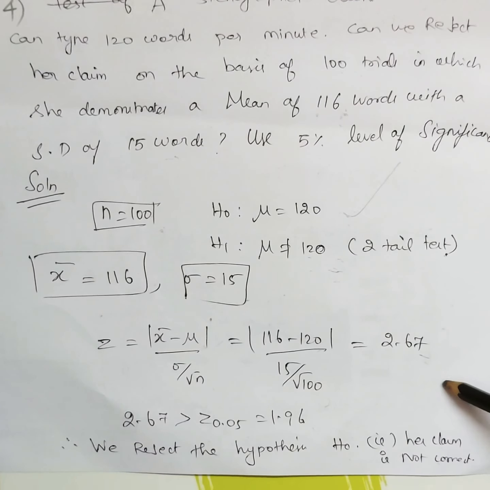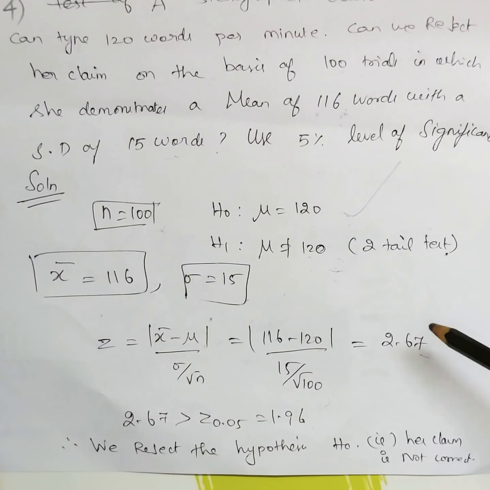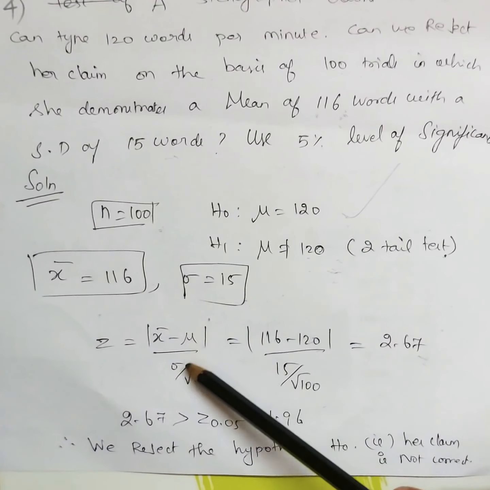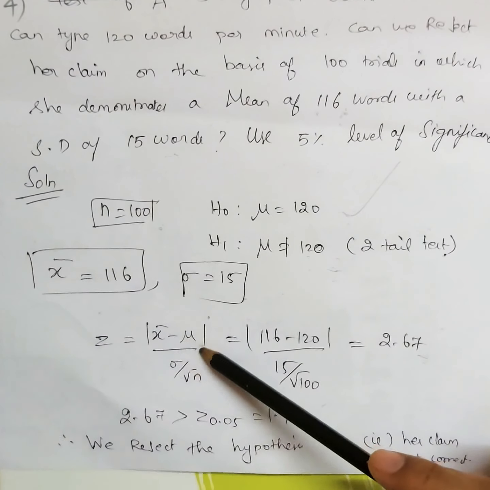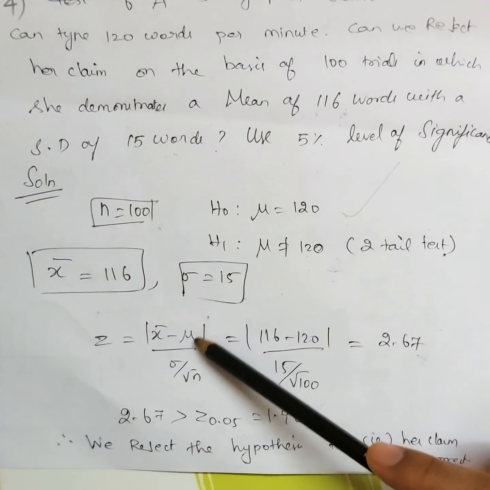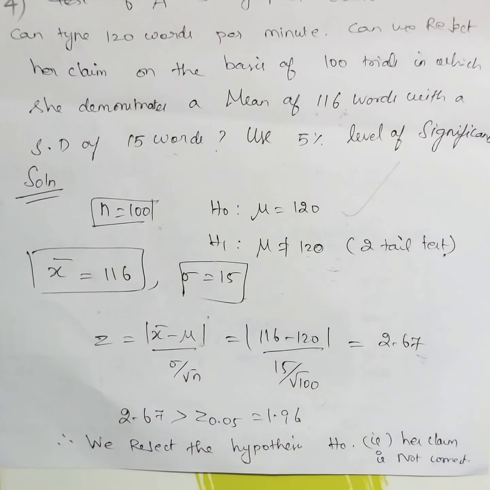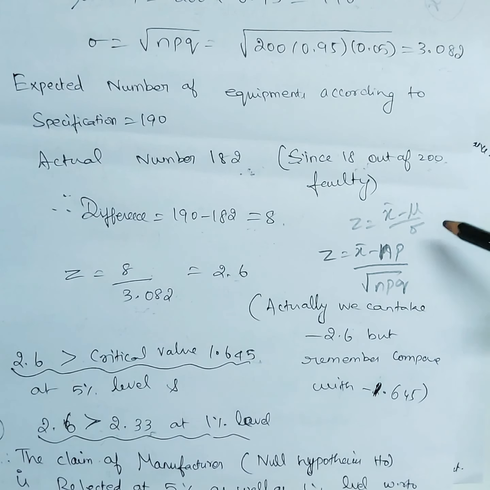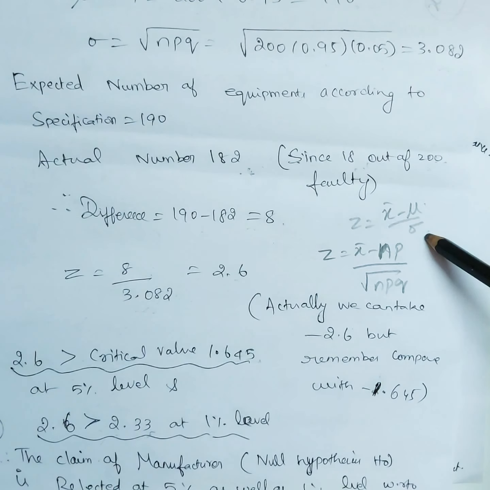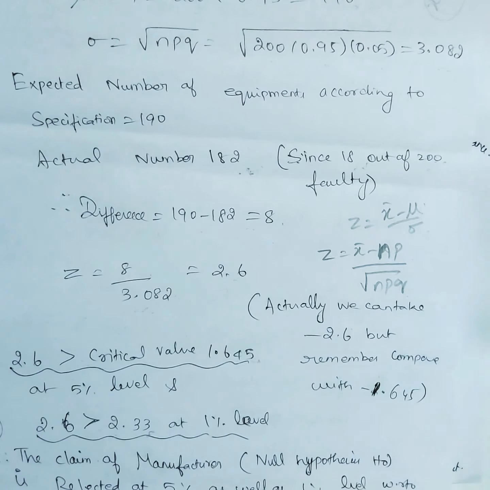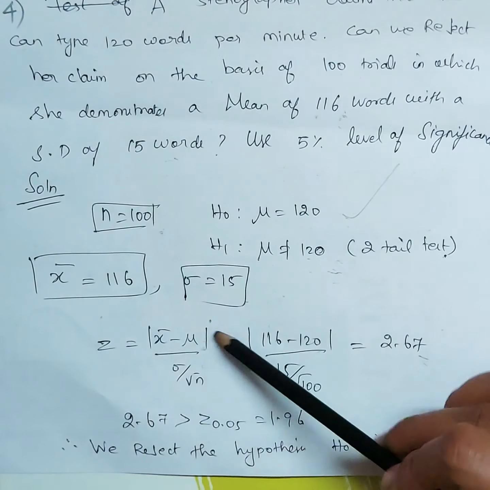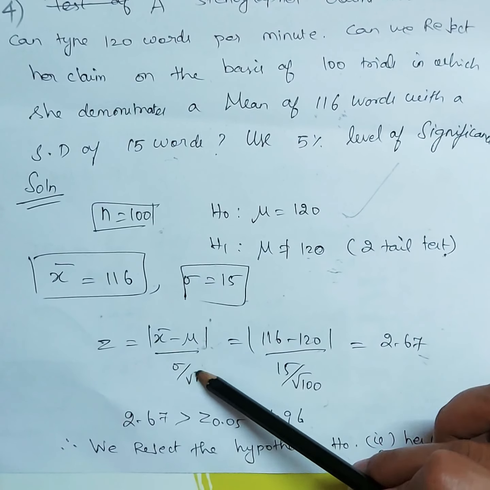So what are the formulas we will use? x minus mu by root of npq is one formula, and x bar minus mu by sigma by root n is another formula. The numerator is the same, we will check the difference. But in the denominator, in the first formula, x bar minus mu by sigma, this mu is nothing but np and sigma is root of npq. In this case np and everything is given, but in the second one only standard deviation is given. So we used x bar minus mu, numerator is the same, by sigma by root n.